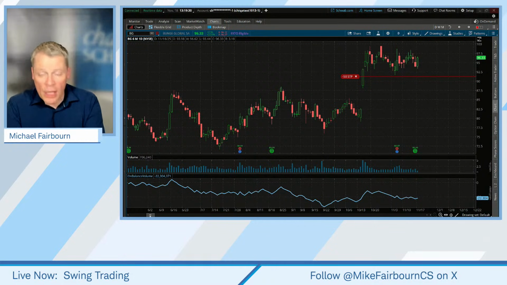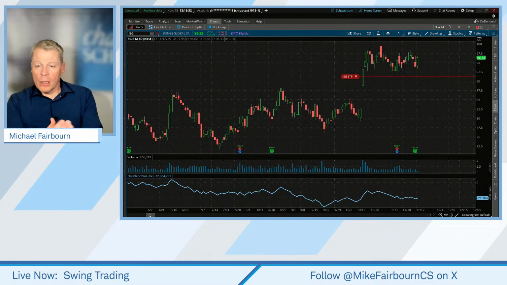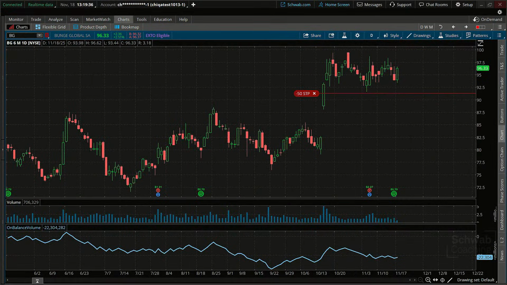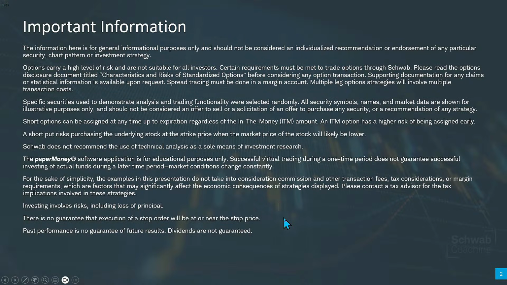Okay. BG. What do we have on BG? There you can see is our existing stop right there. And just a quick note on those stops. I just want to make sure you guys have this, because you've got to be mindful of the stops as we look at those, but there's no guarantee that the execution of a stop order will be at or near that stop price. So please keep that in mind as well. Okay. So